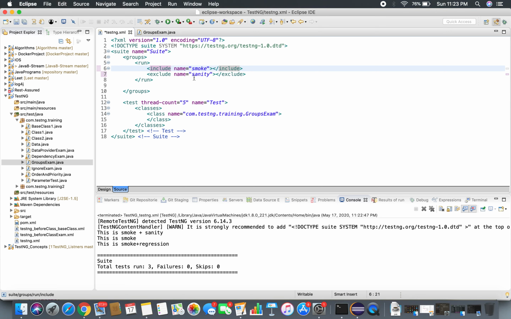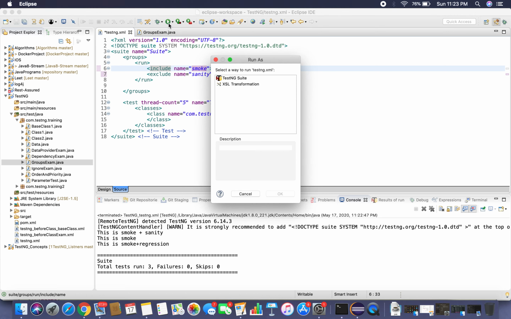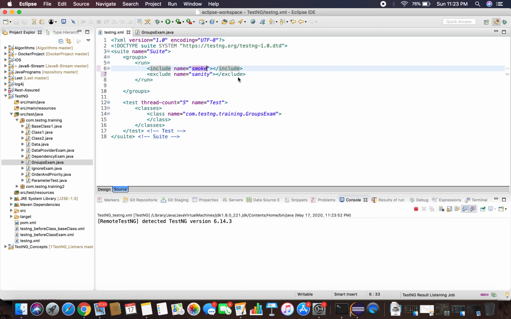It will remove all of them from the execution, from the invocation, and it will execute only cases which are part of the smoke but avoid the tests which are part of a sanity. Let's run this. See, only 2 tests are executed now. See, no sanity test case is executed.